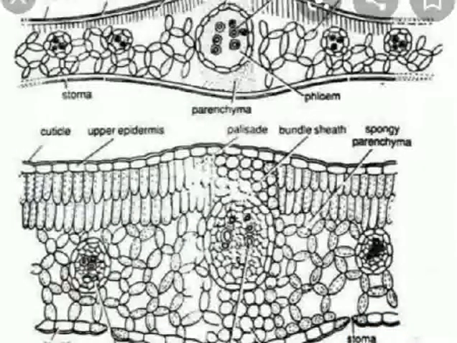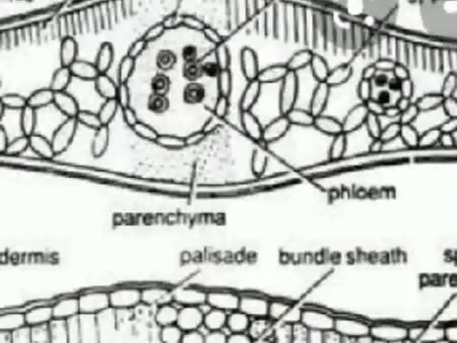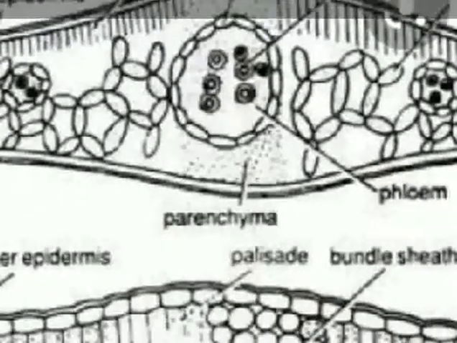The vertical section, because we cannot cut the TS of the leaf, so we cut the VS, the vertical section. First we will talk about the dicot leaf, which is like this. It shows 3 main parts, namely epidermis, mesophyll, and the vascular system. The epidermis covers both the upper and the lower, the abaxial and the adaxial surface. It covers both the surfaces.